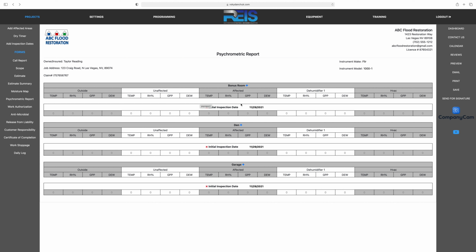This is the initial inspection date. Won't be needing that. And then the den. All the dates have been added for all three areas automatically. So I also want to say that